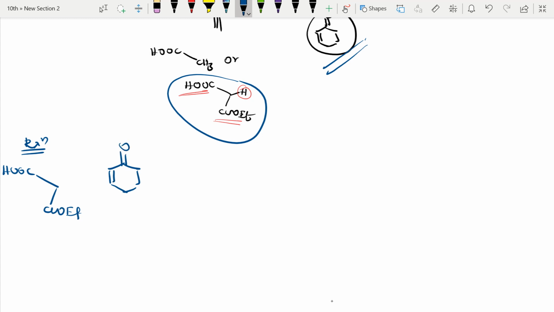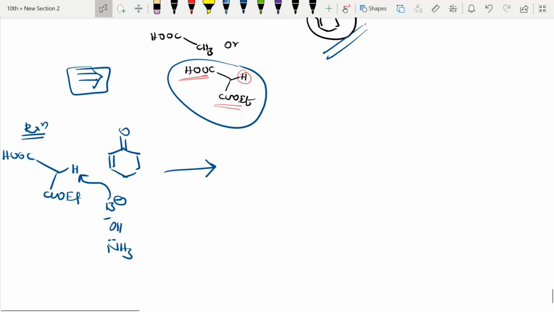So I will add base. Why will I add base? Because this proton will be acidic. This base will take this proton. Base will be having a lone pair, or sometimes base will be having a negative charge. For example, OH minus, it will be having a negative charge. If I use a small weak base like ammonia, it will be having a lone pair. These things you know, so I never tell those things. So this reaction we represent by a single arrow, whereas for retrosynthesis we use this kind of arrow, right? Retrosynthesis. Now I am writing the reaction, so you should be able to understand.